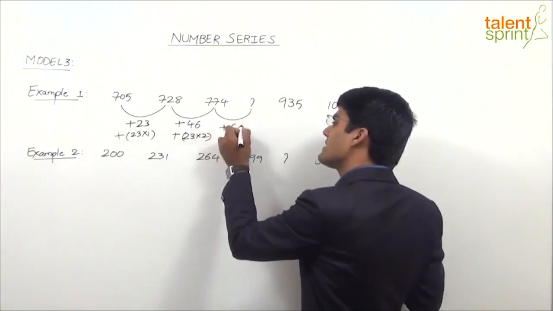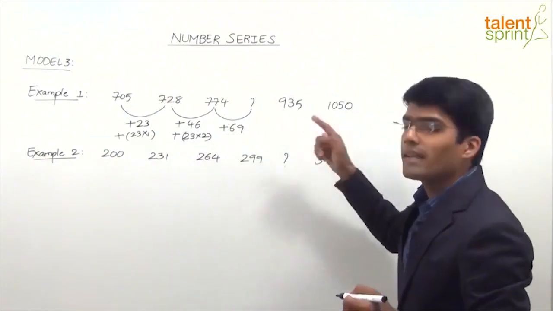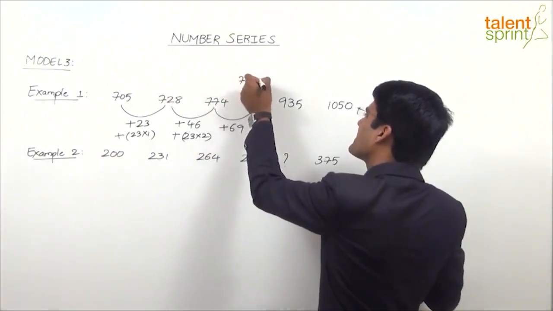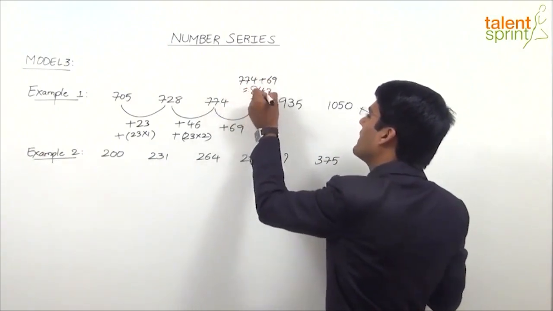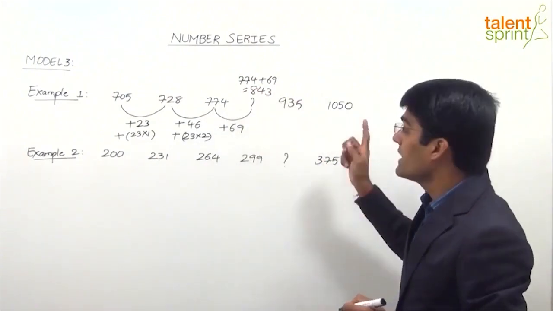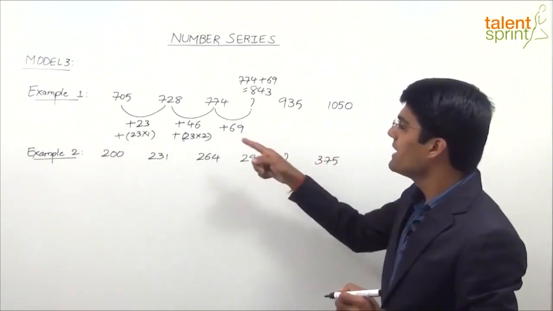23 into 3 is nothing but 69. So 774 plus 69 may be the next term. So this question mark here can be taken as 774 plus 69, which is nothing but 843. Therefore, the question mark here as we have obtained is 843. Now let us go ahead with the series and check if 935 and 1050 are obtained as per the pattern